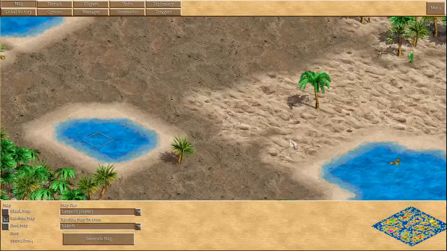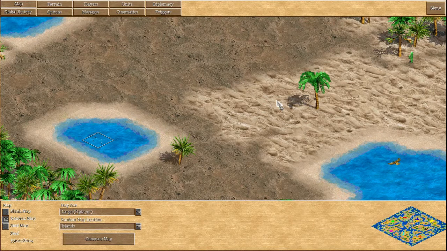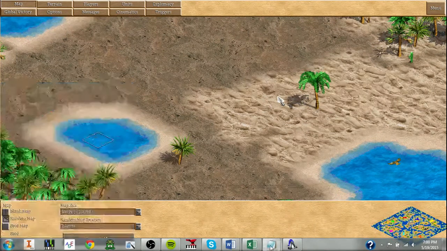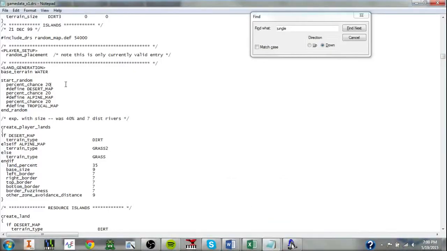Okay, so back to weather control. There are different ways to control the weather. I'm going to show the way standard maps handle it, as well as how I handle it for my own maps. So for standard maps, I'm going to showcase Islands, and the code here can be found in the game's DRS. You find Islands, and immediately we see that this defines the seasons that will be created with a